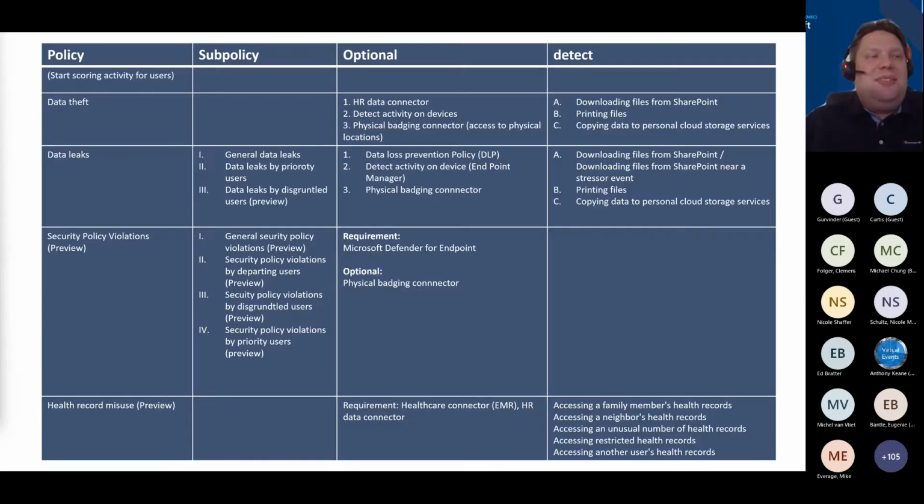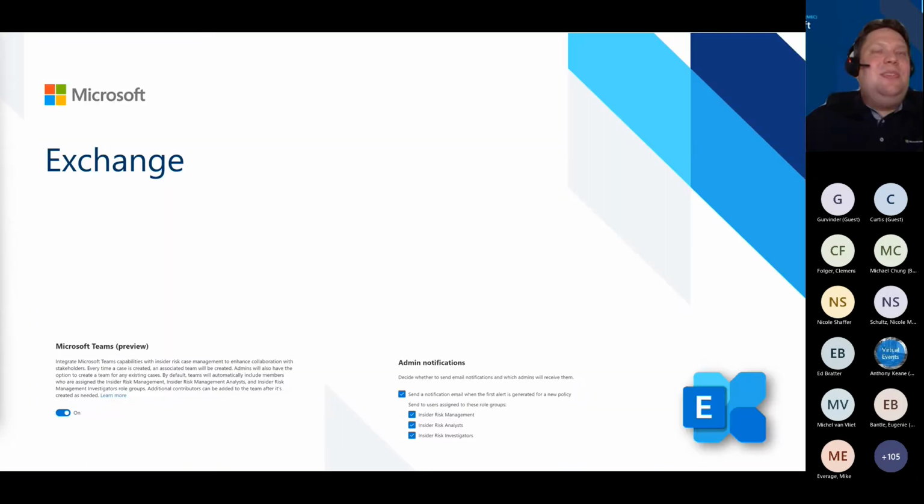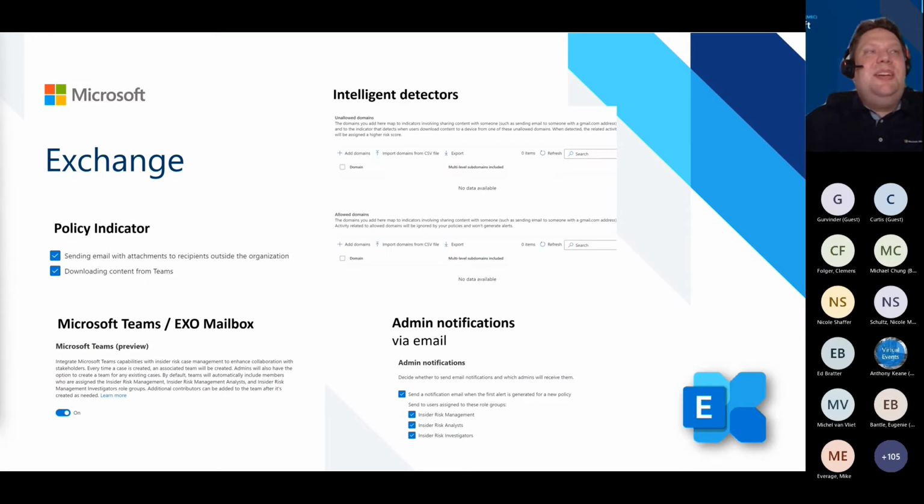And as an overview, yes, you see here the demo or the template policies, the sub policies, the optional, and what you're detecting. This is for you as an overview, but we want to have a view on Exchange. So let's have a look at Exchange especially, and then a little bit of demoing. So I have a look at Exchange, and you see here you have a policy indicator. When you have a look at the setting tools and setting of insider risk, you see here the policy indicator, which are an indicator to see, okay, it's an insider risk, it's in fault, so we need to investigate.